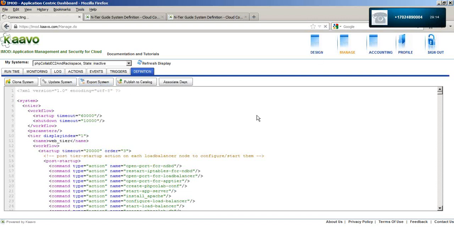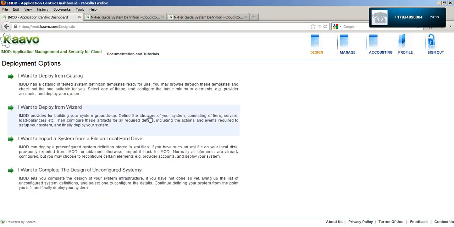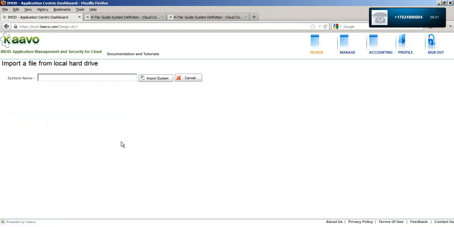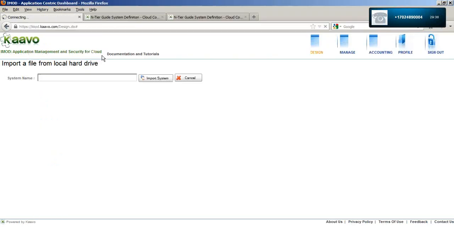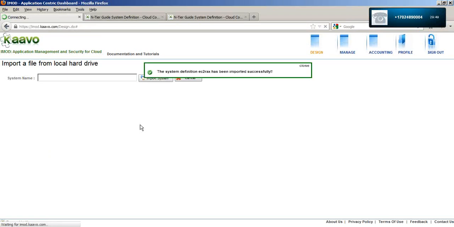Then go to the design page. And select this option. Then click on import system. And select the template that you exported to a local hard drive. And it will import your system.